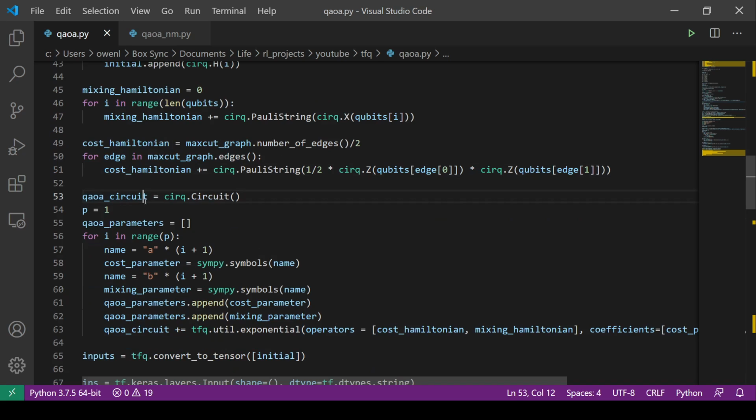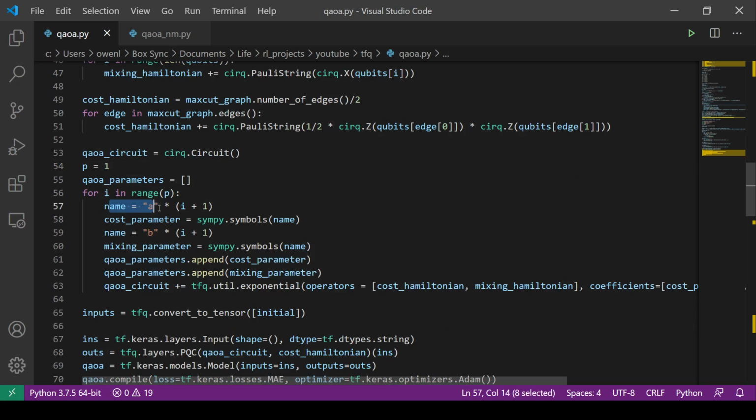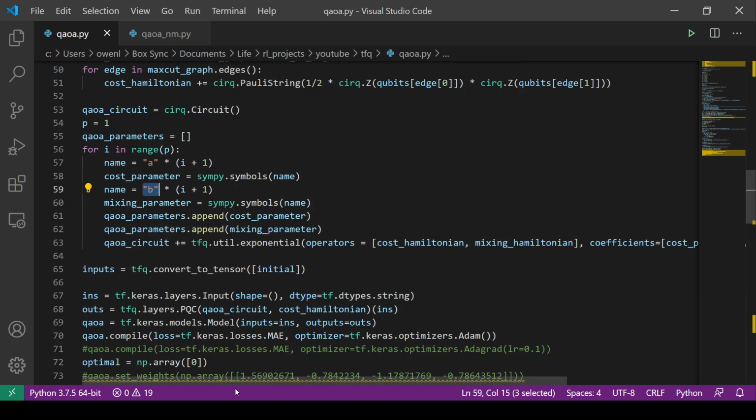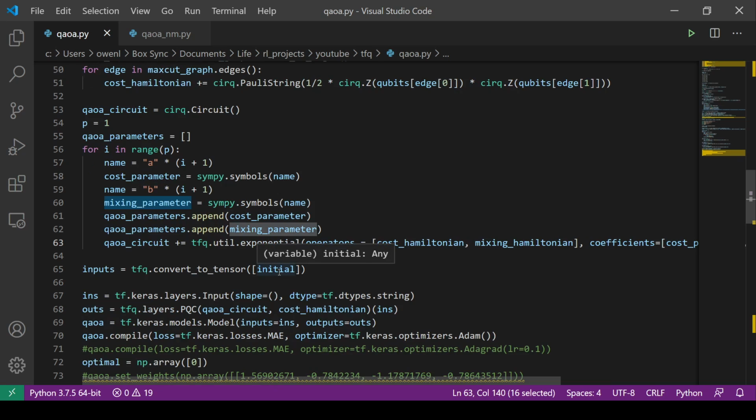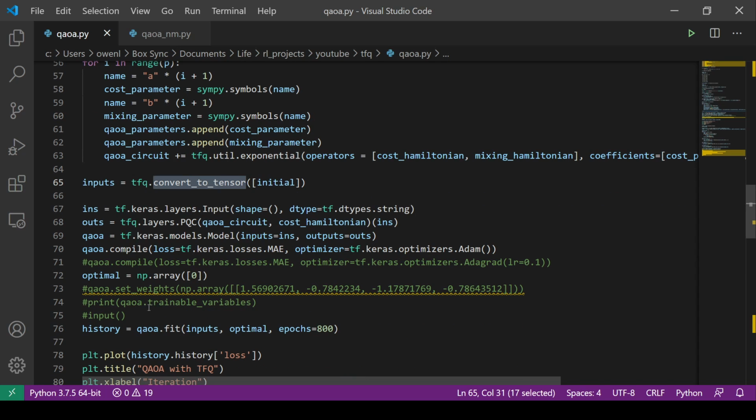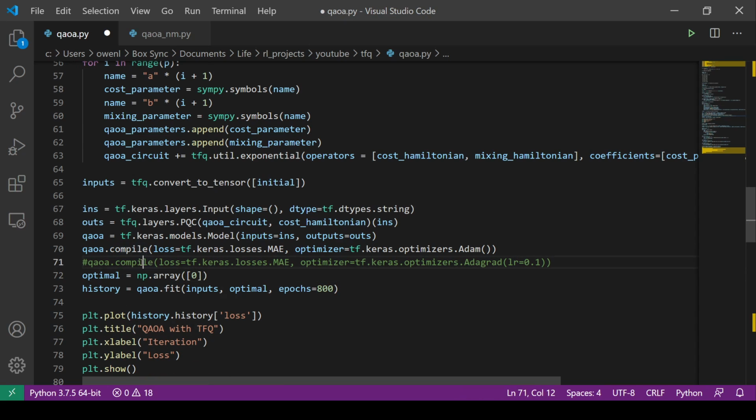So now we want our final circuit. We can specify a depth here, and I just use A and B for their parameter names. And so then we can see we do the exponential, and so we want the cost Hamiltonian first, then the mixing Hamiltonian, and then we have the parameters. And so we do that for however many times we need the depth. And then we convert the initial circuit to a tensor. And we see that